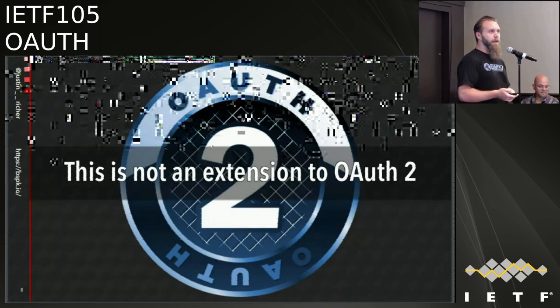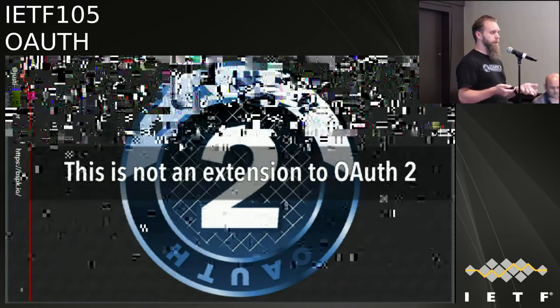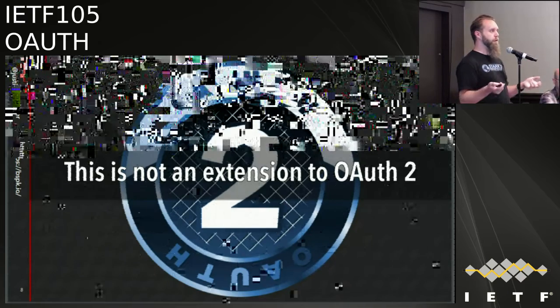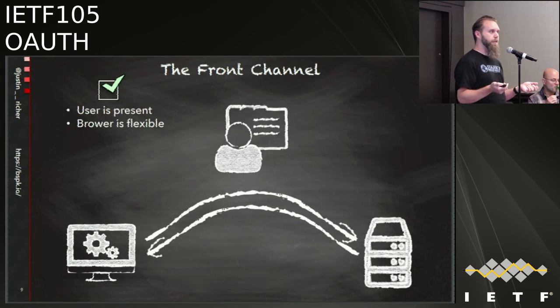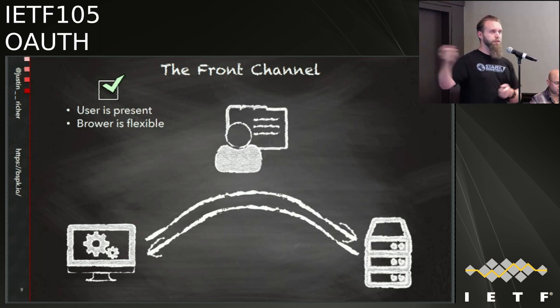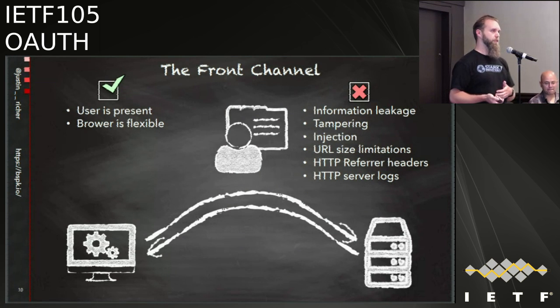A lot of the problems that we have with OAuth 2 and a lot of the attacks we have are dealing with the front channel. Now, the front channel is a wonderful innovation that's been used in the OAuth and OpenID worlds because the user is there in the browser, which is an incredibly flexible platform. But on the downside, there's a whole lot of stuff that can go wrong when you're pushing information through the